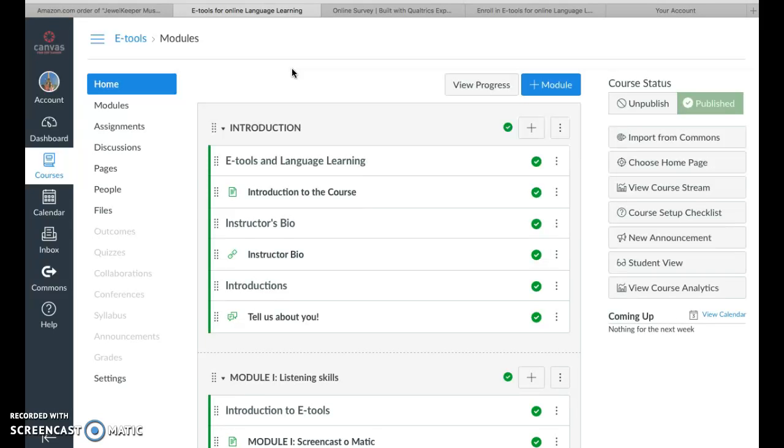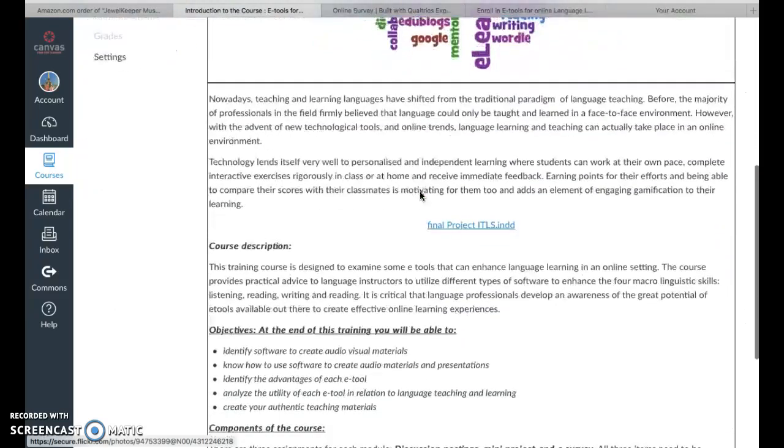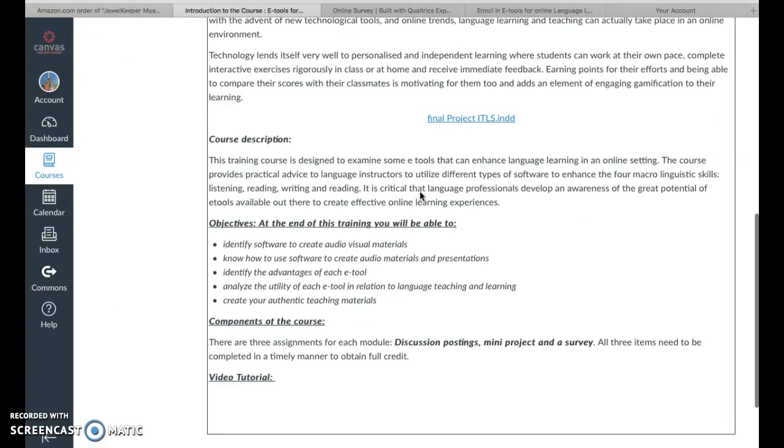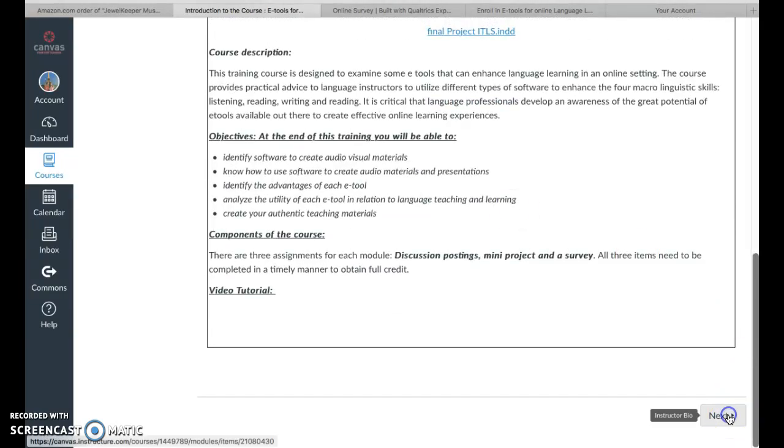This is how the course looks, and we have on this side some tabs like modules, assignments, discussions, pages, people, and files. If you're not familiar with Canvas, it's very easy to navigate. Right here in the introduction, we have an introduction to the course. Every time you see one of those tabs, you want to click on them and all the information will be right there. Course description, objectives, components of the course, and if you click next right here, it will